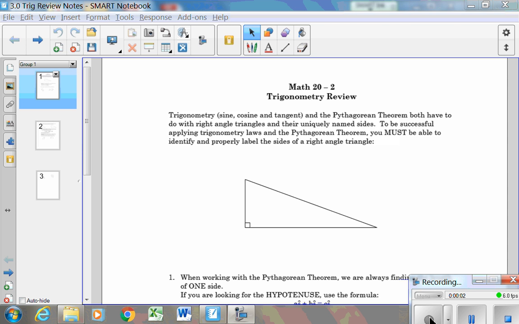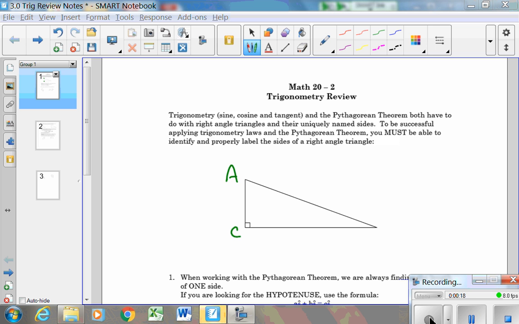Hey, good morning, everyone. Today's lesson is a quick review of trigonometry from some of our maybe Math 10C or even Math 9. One of the things that we want to review quickly is how do you name your triangles? Very conventional way is to always call the right angle C, and then the other two angles can be A and B. We like to use the uppercase letters for our angles, and then how we name the sides is